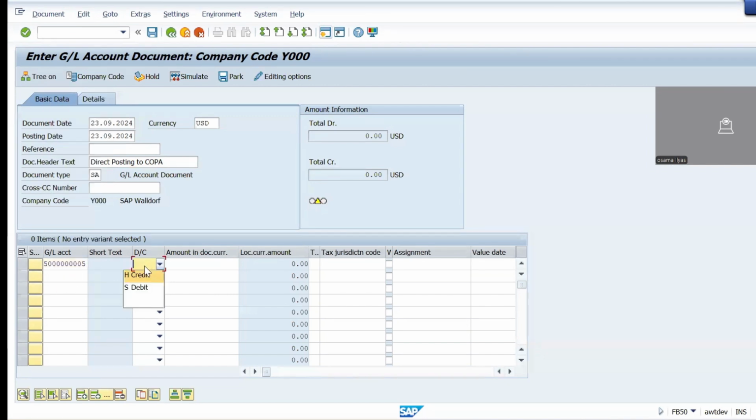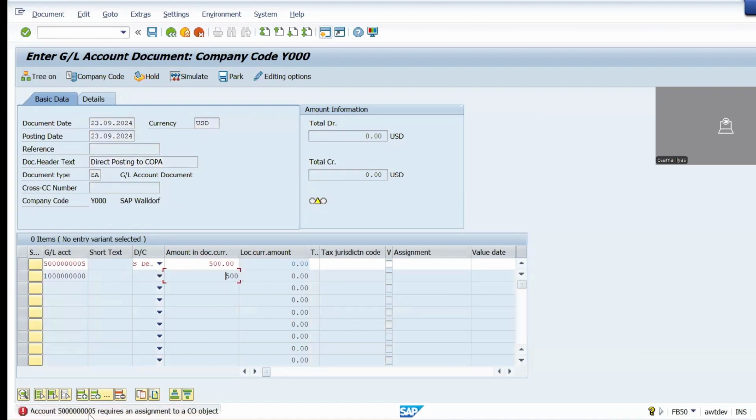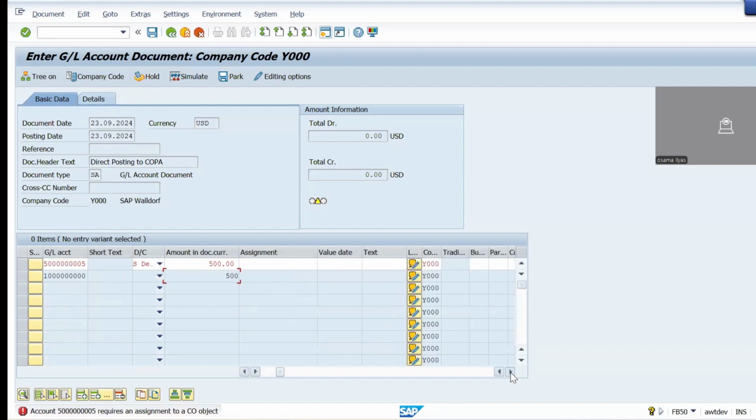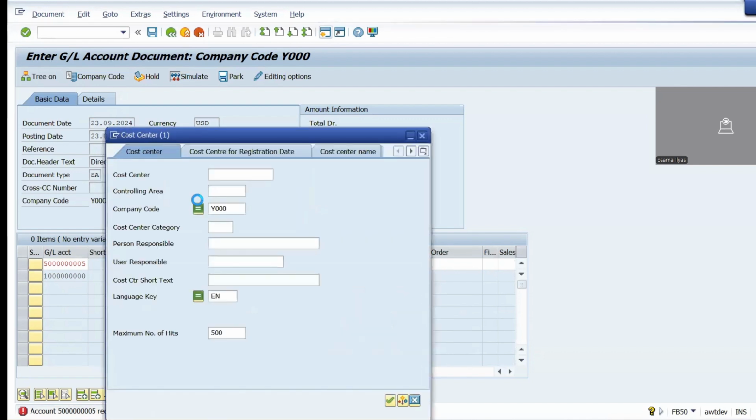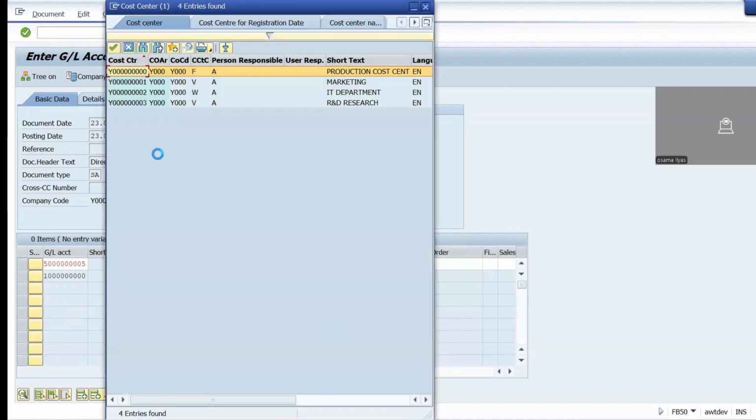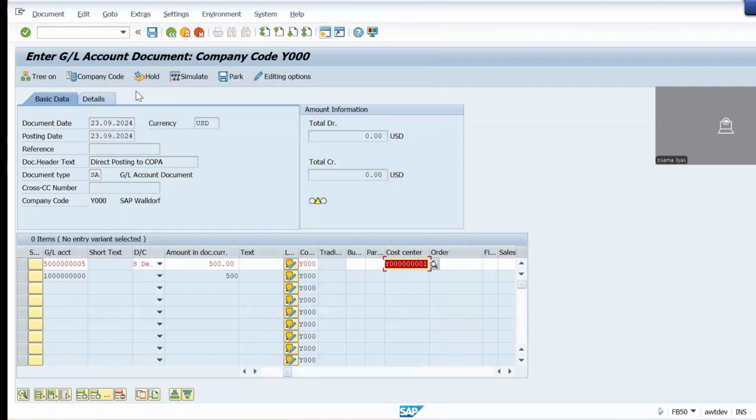expense account, debit 500, cash account 500, take the cost center, marketing, press center,